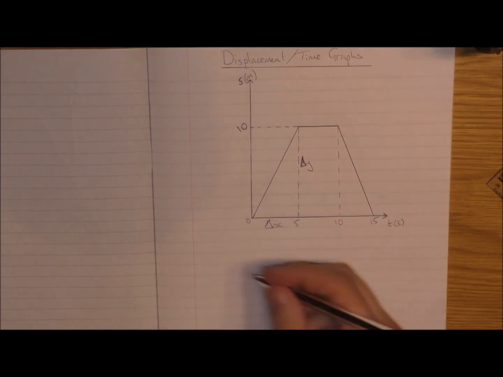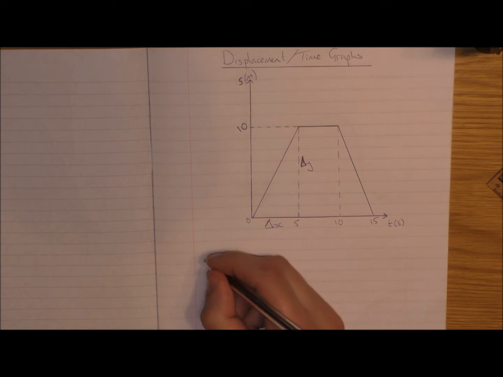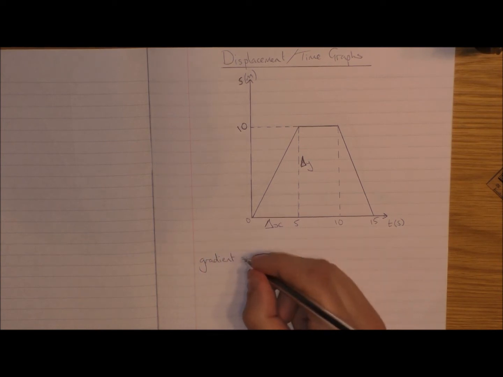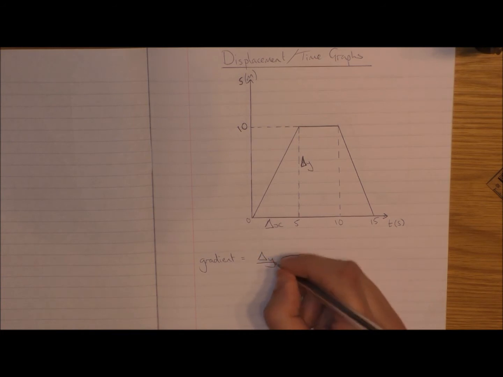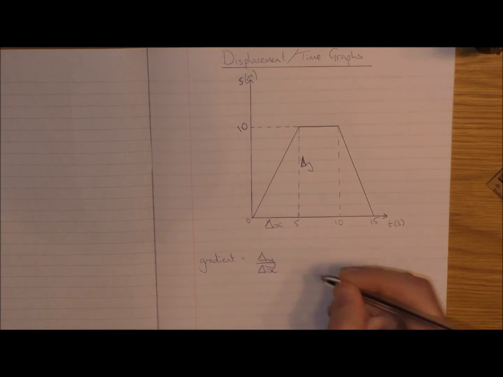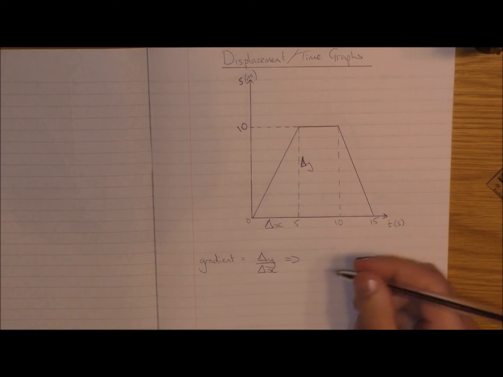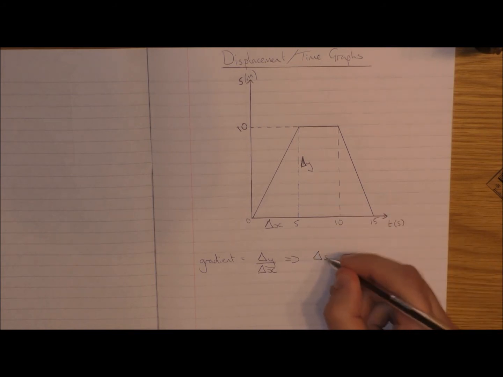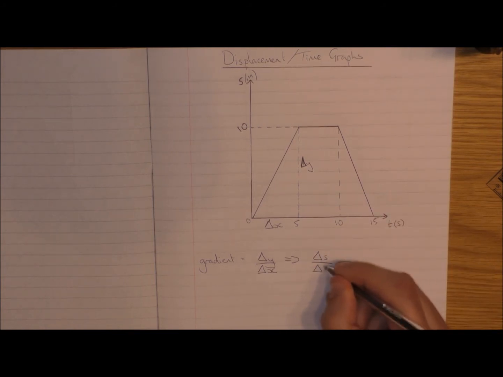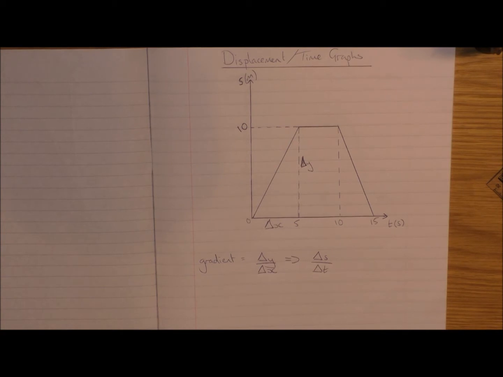And in order to find the gradient of something, I would say that that was delta y divided by delta x, which in this case is the change in displacement divided by the change in time, which in this case will be